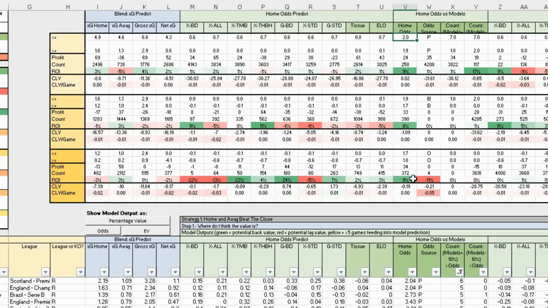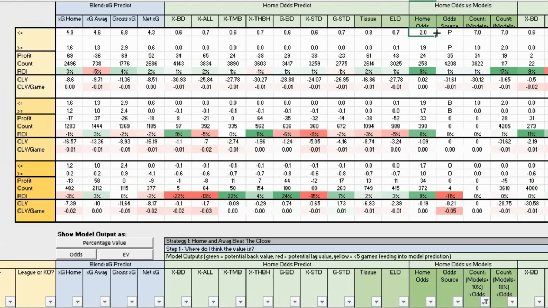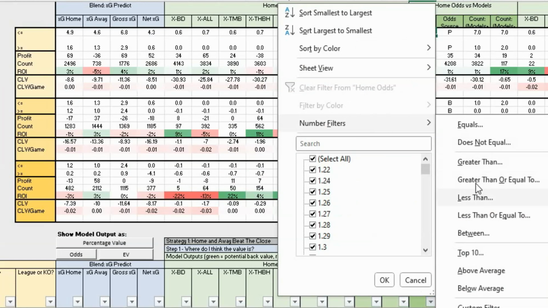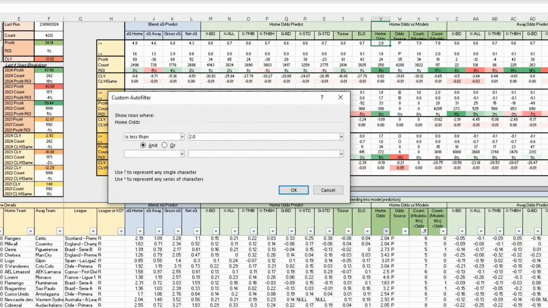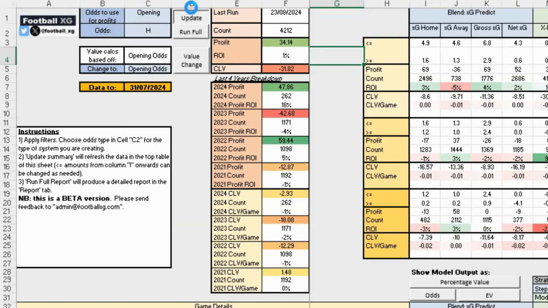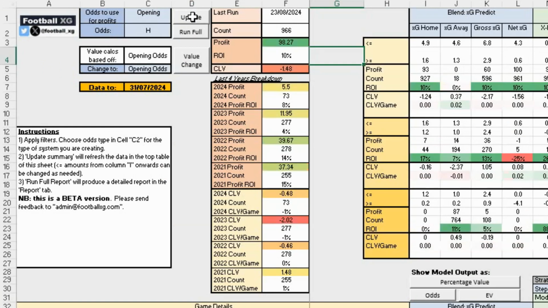So overall, this is showing now that between all these ranges all the way up to 2, it's a fairly profitable system. So if we now apply that odds range to this filter here, that will then feed into the overall profitability, and then will feed into all the other columns as well. And that gives us a bit more of a basis, a reasonable ROI, and showing reasonable profitability across the last 4 years.